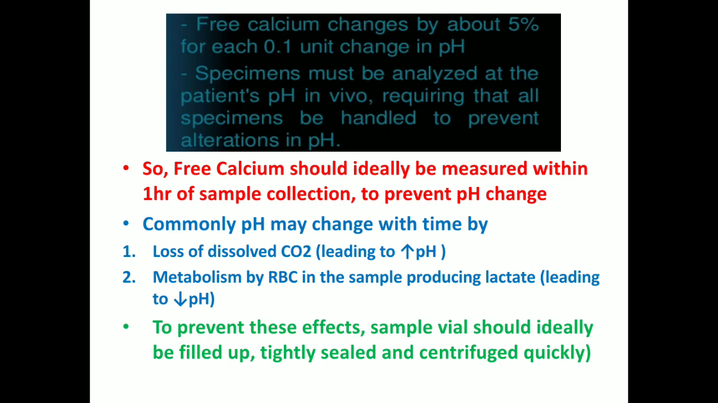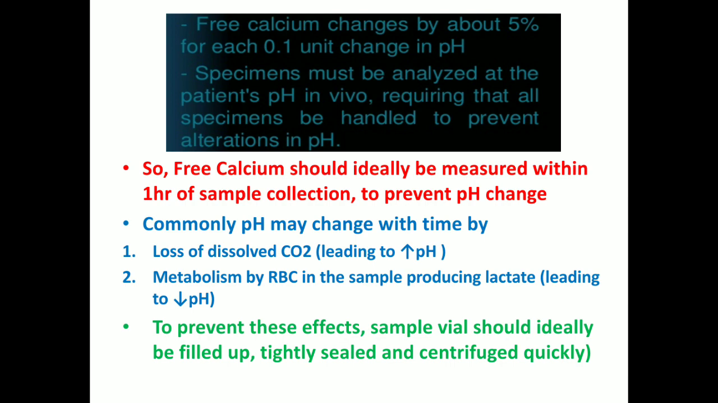Ideally you measure it within 1 hour. If you have to wait, you first collect the blood so that the sample is almost completely filled up and then tightly sealed. You fill up the vial completely and then tightly seal. So there is very little air in contact with the blood sample, so that no carbon dioxide can be lost to air. You fill up and tightly seal, so there is no air in contact, so CO2 cannot be lost